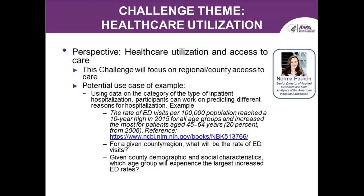So one of the other aspects that I wanted to provide a little bit of context or perspective on is that part of the data set that you'll have access to through AHRQ does have categories of visits for hospitalizations. And so I think that though it's not necessarily part of the challenge, because the challenge is broader, as you investigate the data, as you explore the data, I would really invite you to think about, for instance, examples like this one right here,